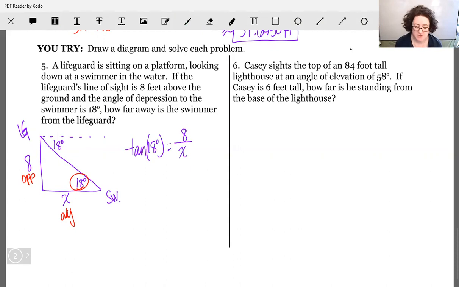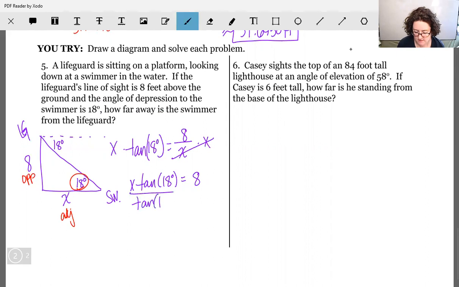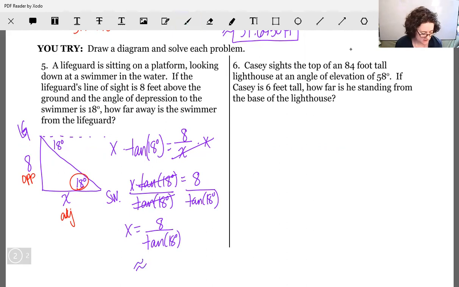We're going to have to do the same thing as we did before, clear out our fraction. So x tan of 18 equals 8, but we still have to get the x by itself. So divide by tan of 18 degrees. That clears the tangent of 18 out from the left-hand side. So x is equal to 8 divided by tangent of 18 degrees. And then we just plug that in the calculator. 8 divided by tan of 18,